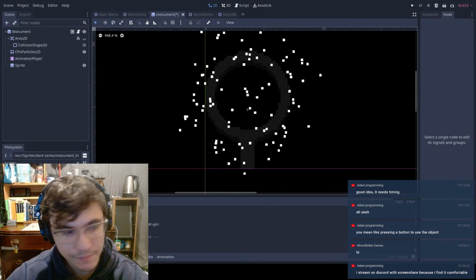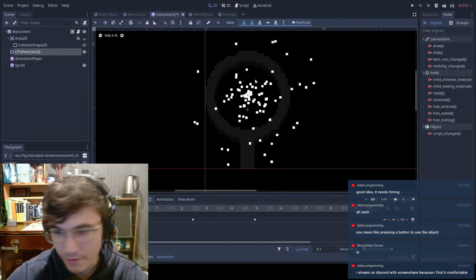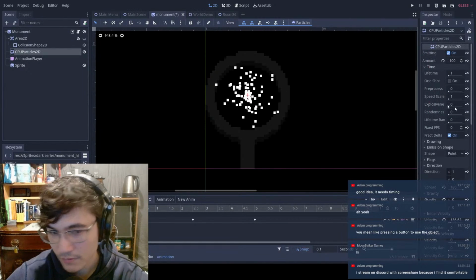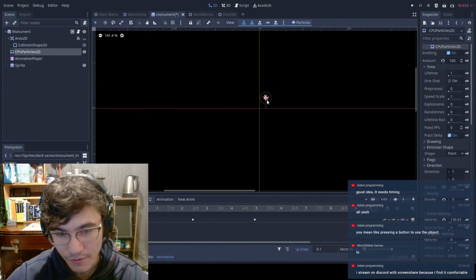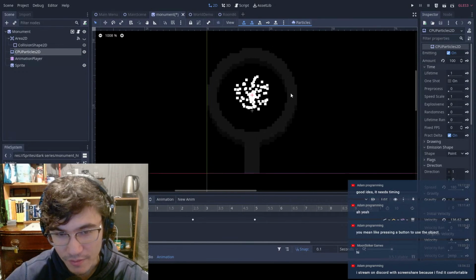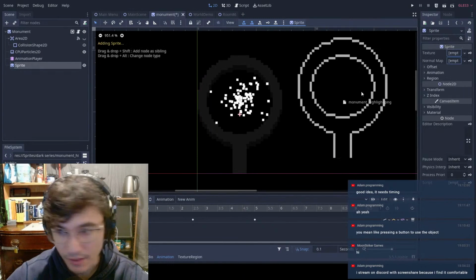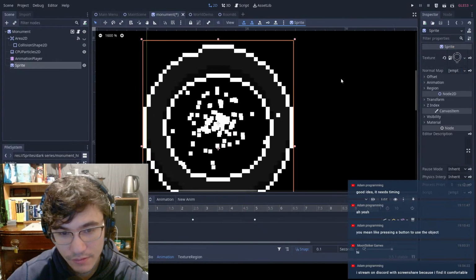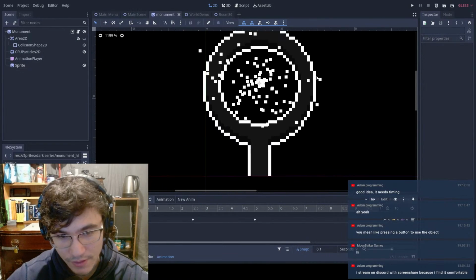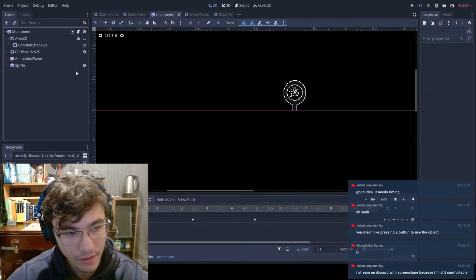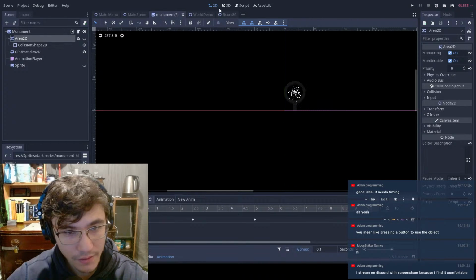And what's going on here? Did we just mess with one of the CPU particles? Oh, it's just crazy like that. We'll have to mess with the particles as well. But for now, let's add this texture. Fits right over like a glove. And we'll hide it for now. And then on area entered,